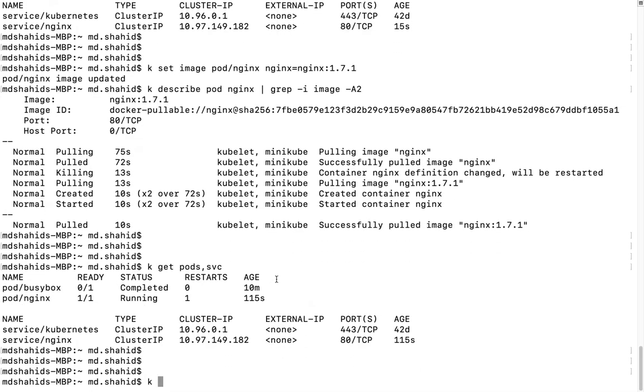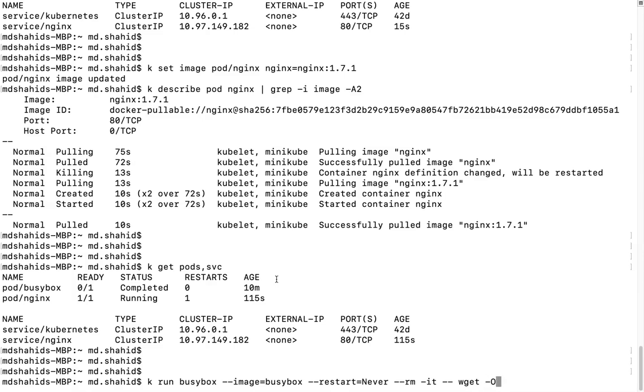Before that, if you want to run a temporary busybox, make use of imperative commands like k run busybox, image is busybox, and since this is a pod, you just mention restart equal to never, and once it is done, we are telling it to delete it, right? And let's run wget